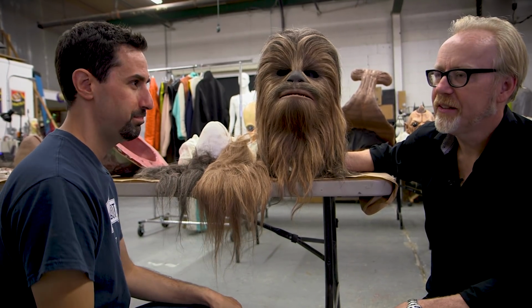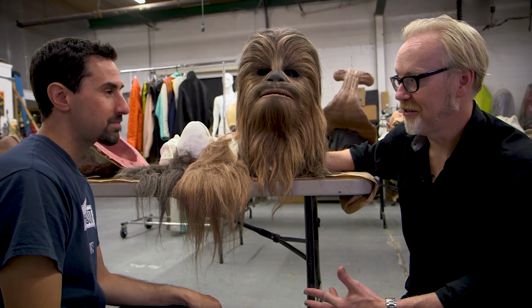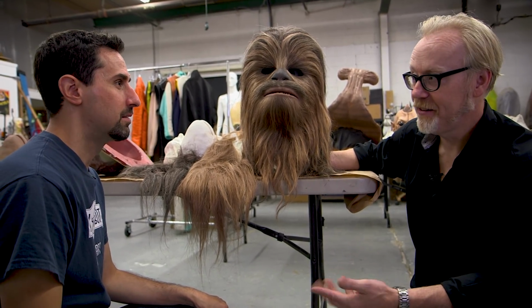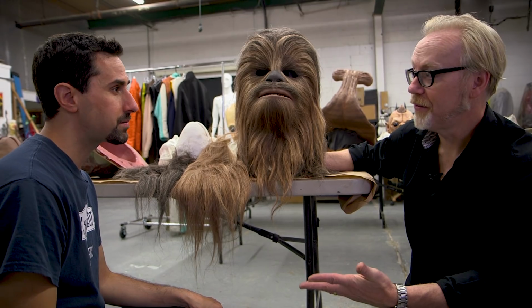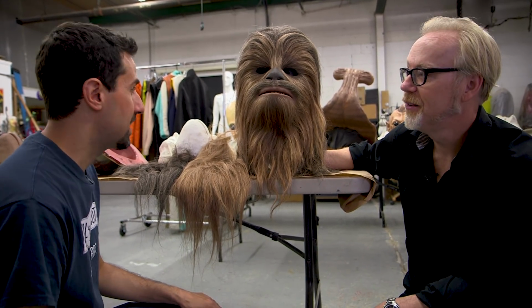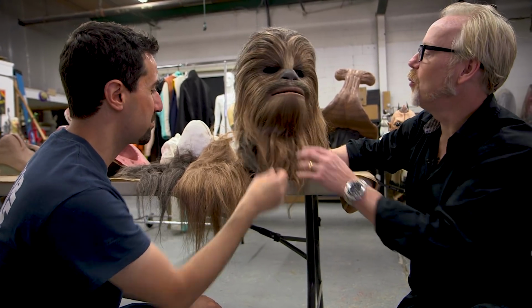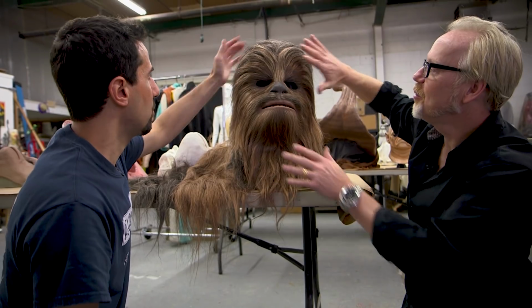And I had heard that some of the Tauntaun costumes were really hot for the actors to wear, and they went back to the latch hooking, from what I understand Peter told me, for The Force Awakens. And they did. The costume was, again, very breathable for him. Nice. It's old school, you know. Chewie is old school. Okay, so once you've got the cowl in place...